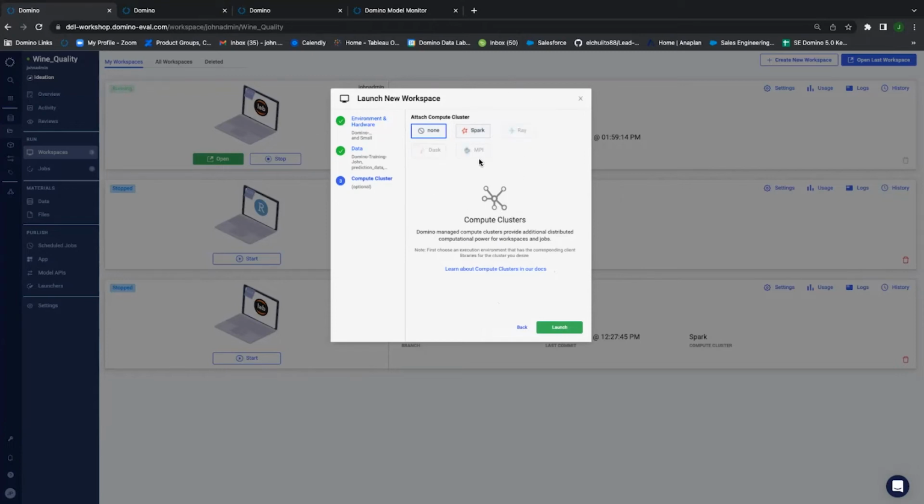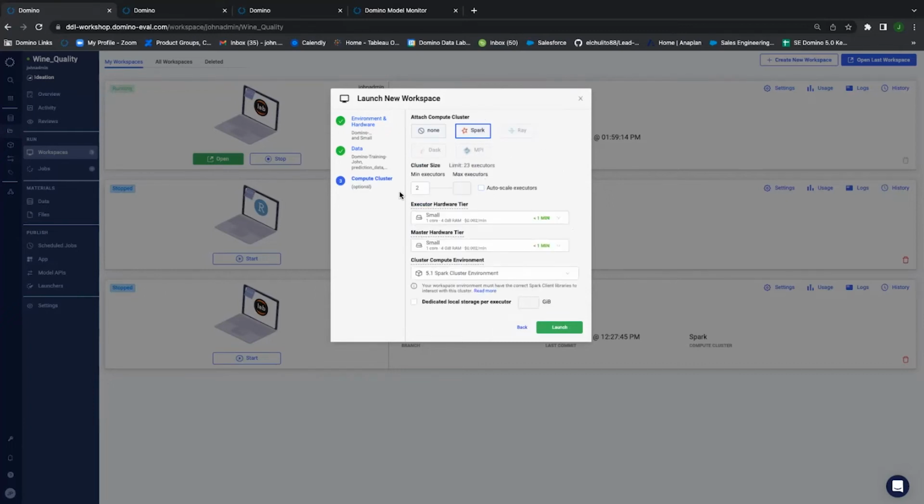If I click on Spark, for example, you'll see that I can spin up the minimum number of executors. I can even attach a hardware tier to an executor, whether that's just for the executor or for the master itself. Then I can attach a Docker image for that cluster environment for Spark, where I can have all the specific libraries and packages that Spark needs. I can put a max, or I can even enable auto scaling if necessary, depending on the requirements of my actual workspace. And then when all is said and done, if you just click launch, we're going